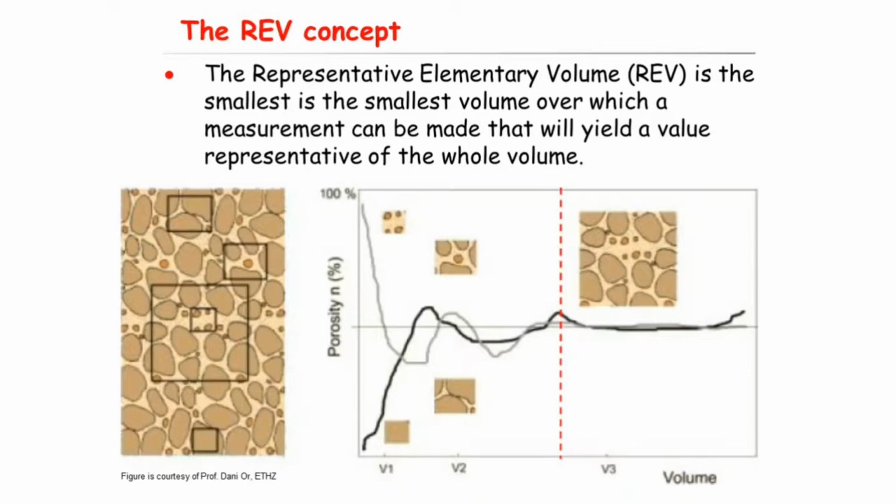2. Boundary conditions. Boundary effects: applying boundary conditions to the RVE can introduce artificial constraints or forces that do not exist in the actual material. This can affect the accuracy of the simulation results. Periodic boundary conditions: to minimize boundary effects, periodic boundary conditions are often used. However, these are not always applicable or appropriate for all materials, especially those with non-periodic microstructures.